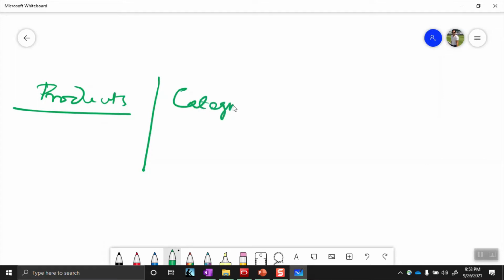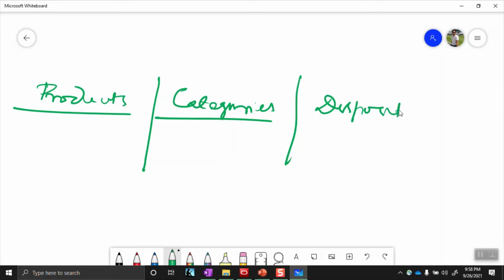The categories are nothing but your classification of your incident. What type of incident it is. So that is your categories. And dispositions are nothing but the resolutions that are provided for the incidents that have been created.